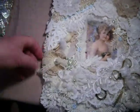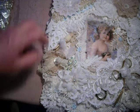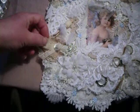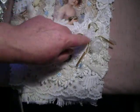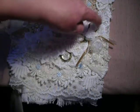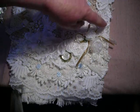And here I've made up another flower of a vintage doily, and the centre of this flower here is tea stained. A little bow. They're made up of lace and a vintage flower, a vintage button. We've just got various lovely trims of lace over here, organza lace, and I've put pearls on them. That's a beautiful organza wedding applique, comes from here, goes right up to here, and I think this will have come from Irene